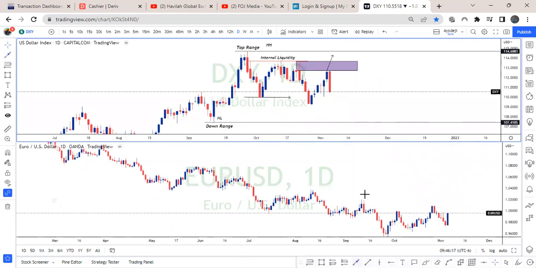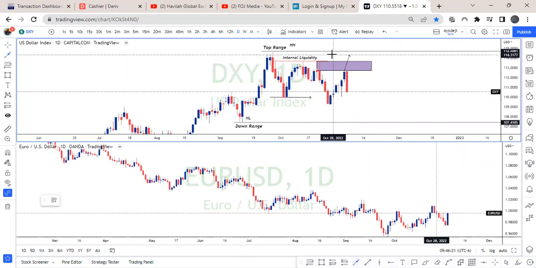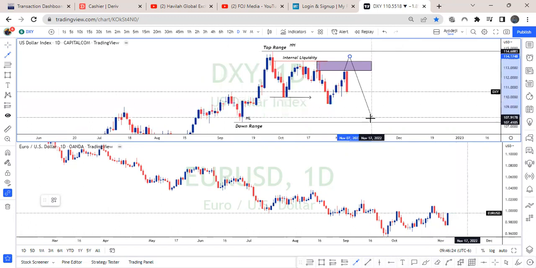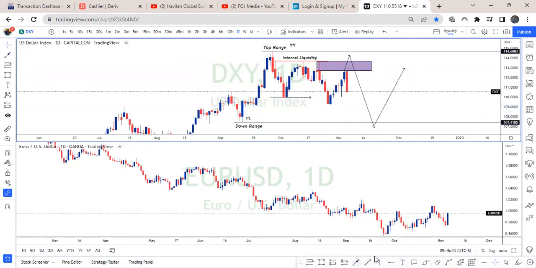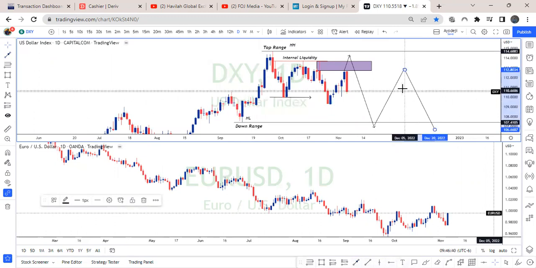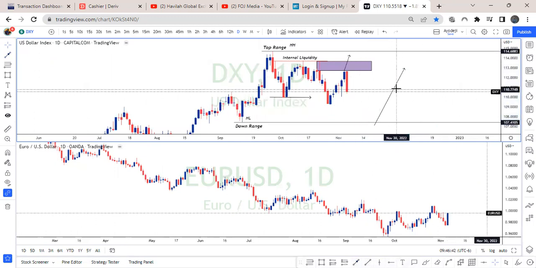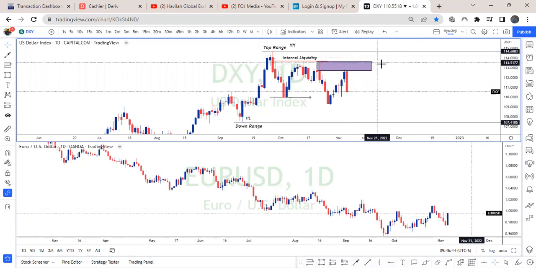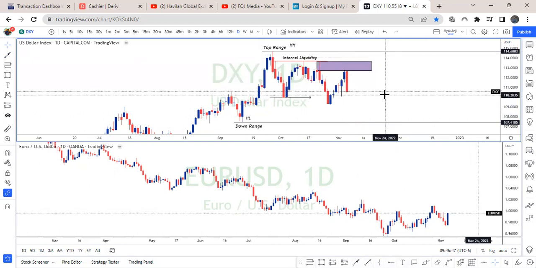If price gave us this type of move, then we may be looking at price coming to take out this last higher low, and then price goes back to somewhere around here, and then the bearish move continued. However, price failed to take out that internal liquidity,